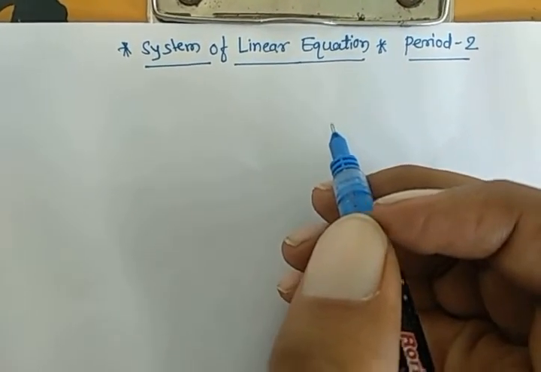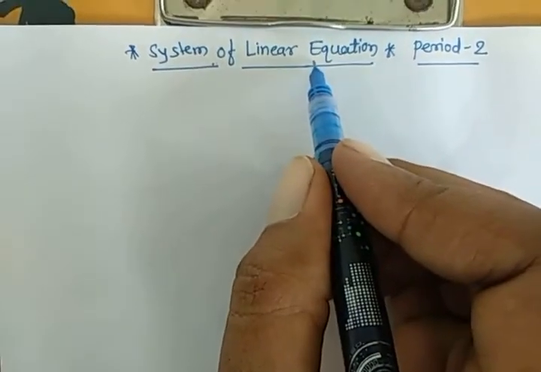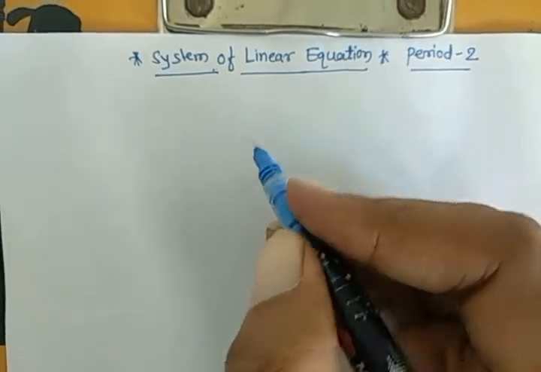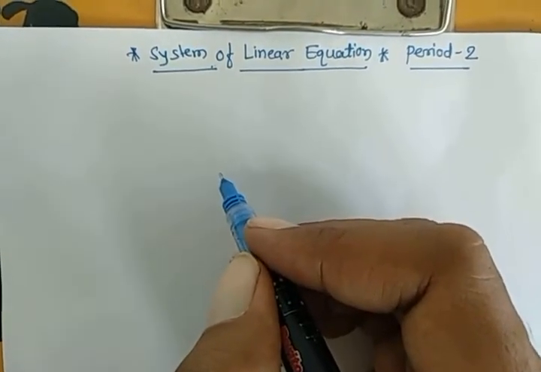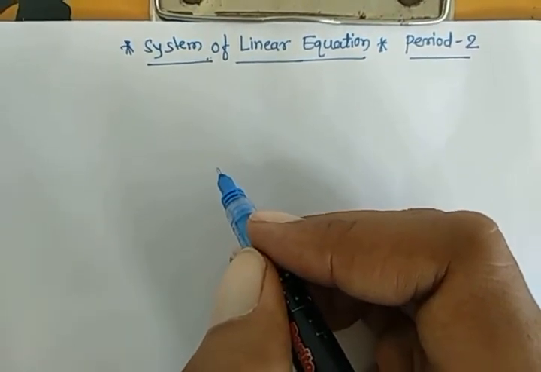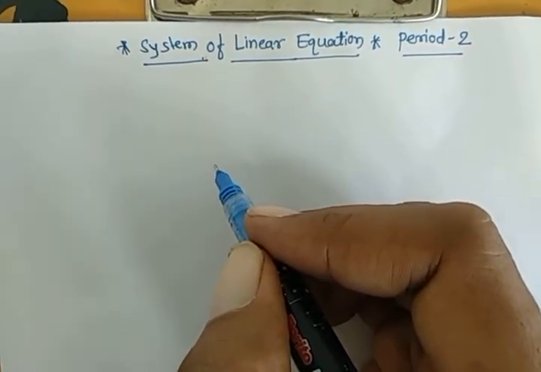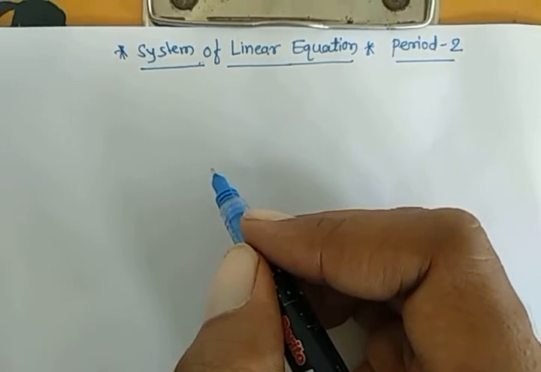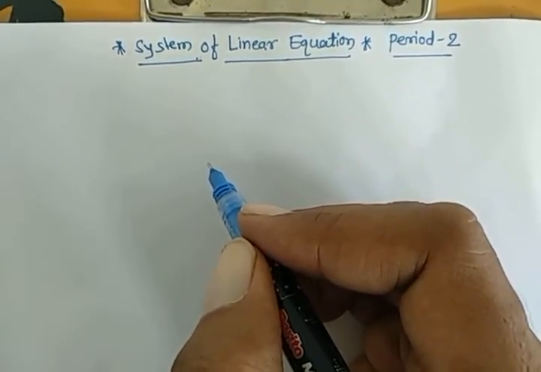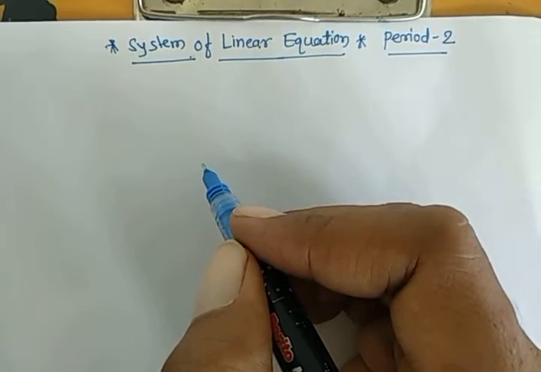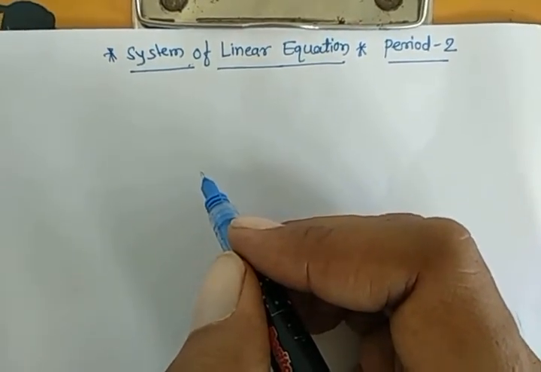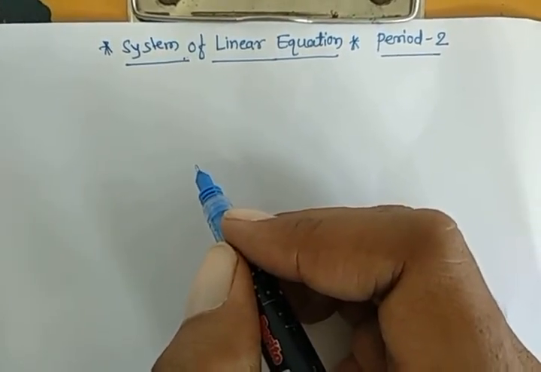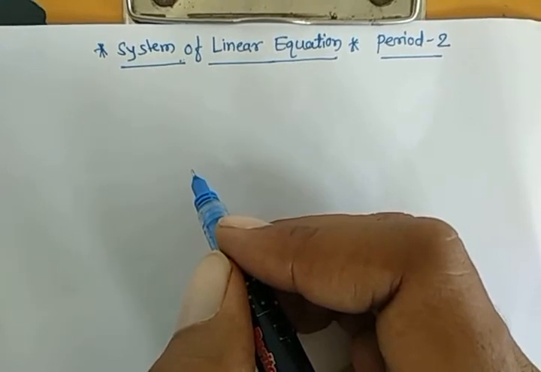In last lecture, we have studied the definition of a system of linear equations and its solution, and how to represent a system of linear equations in matrix form. So today we are going to study the next part of systems of linear equations. In this, we first define the row echelon form of a matrix. Next, we have some elementary row operations, and next we will study the Gauss elimination method. Okay.